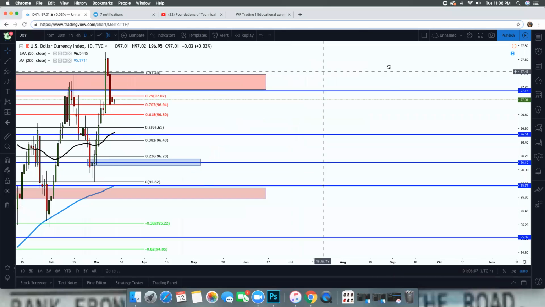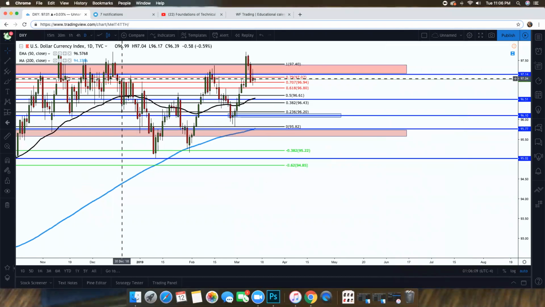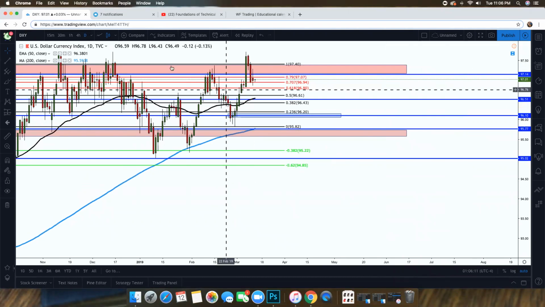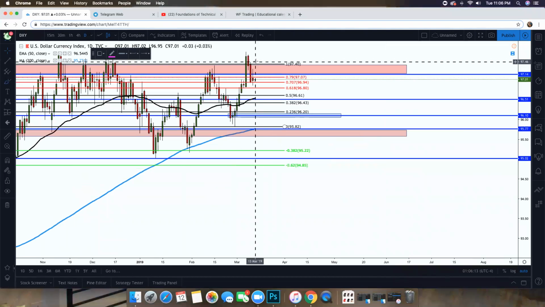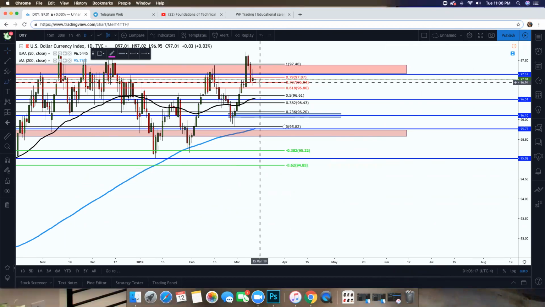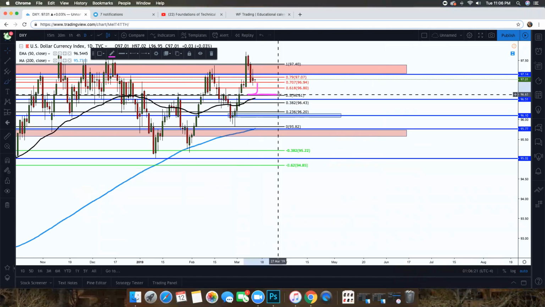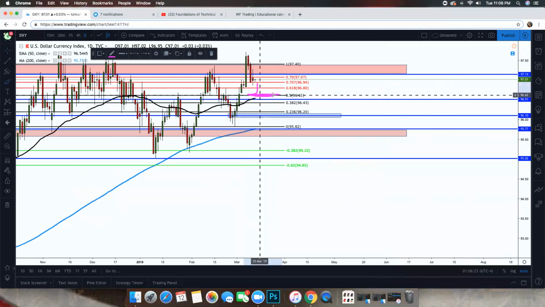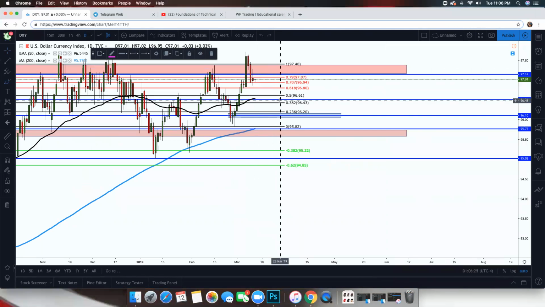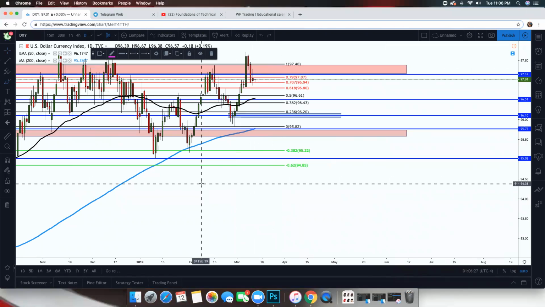If we look at the daily, we could see that we're still expecting the dollar to be dropping off of the daily. We could see that we're still having all of these bearish closes. I'm expecting the dollar to come down to around here. So with that being said, if we look at the DXY,